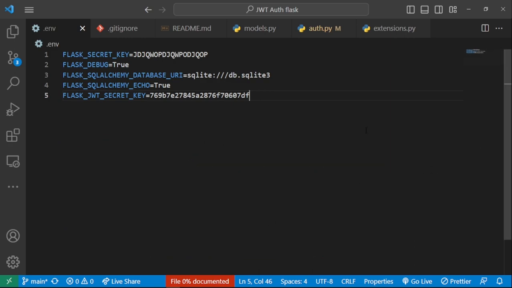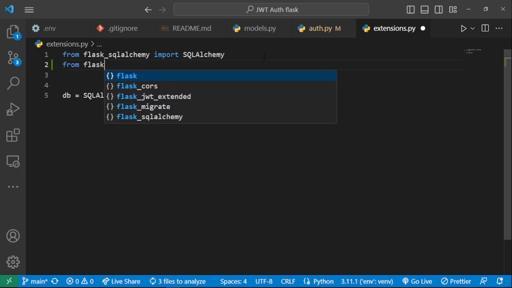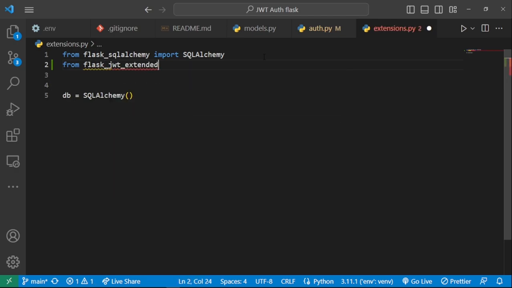So the next thing is going to be for us to initialize it within our app. We're going to do the same thing we did for Flask SQLAlchemy. Basically what Flask-JWT Extended will provide for us is a class called the JWTManager class. And when we are using Flask-JWT Extended, we shall have to create an instance of this JWTManager class, and then initialize it to work with our app. So we're going to begin by importing it. I'll come right here and say from flask_jwt_extended,